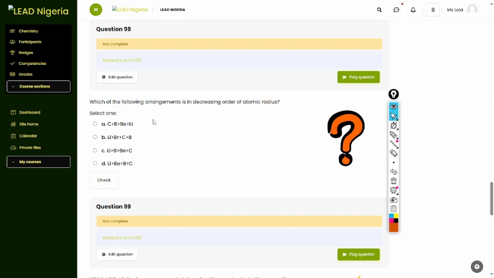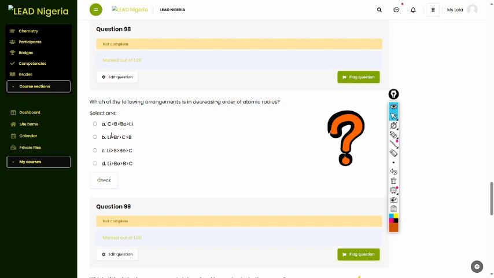So it means that the ones with the higher period will have a larger atomic radius. So if we arrange this in decreasing order of atomic radius, we are going from the highest to the lowest. So the elements with the highest atomic radius would be the one in the highest period. So the one in the highest period,